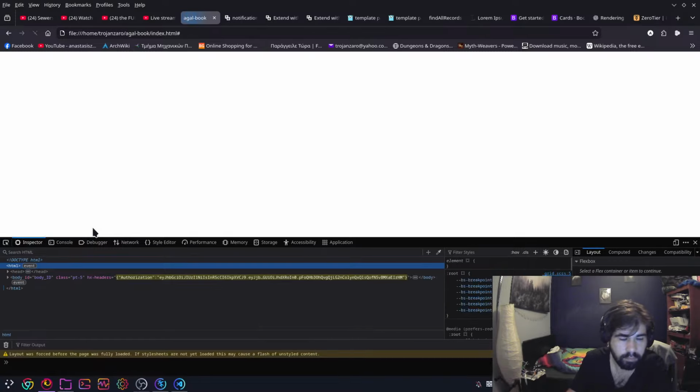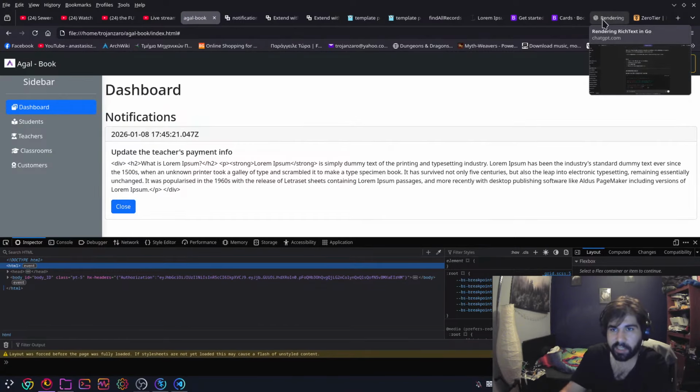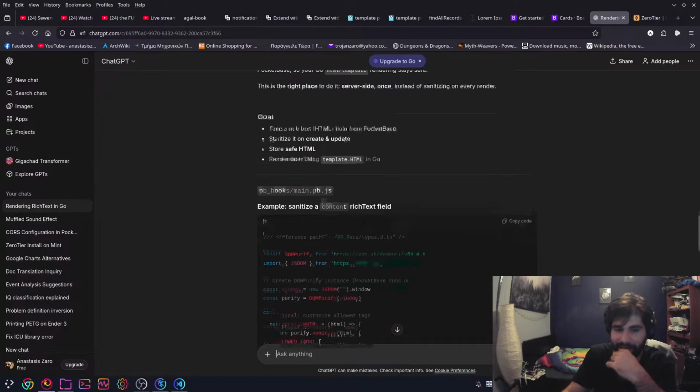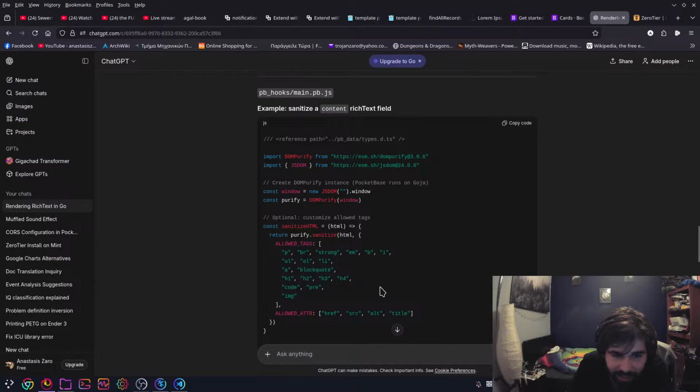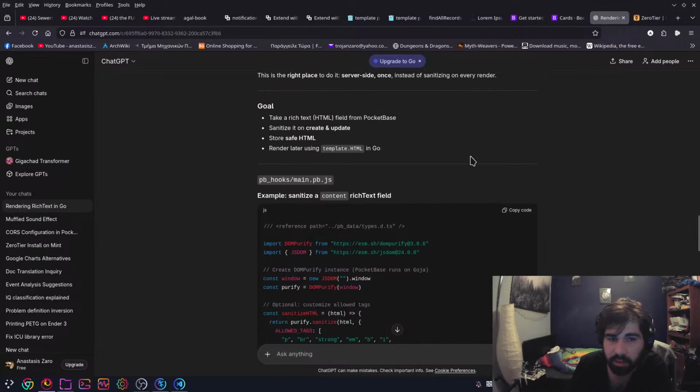Okay. I guess this is a good thing, because it's so bad it doesn't sanitize the thing. Alright, sanitize HTML. Oh goodness. Purify with DOMPurify. No, no. I don't want to do this. I legitimately do not want to do this.